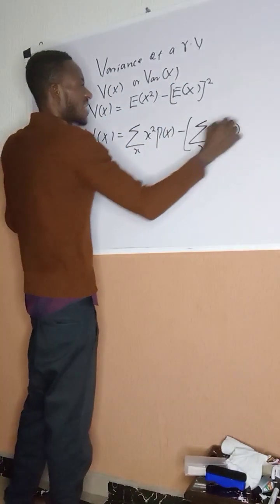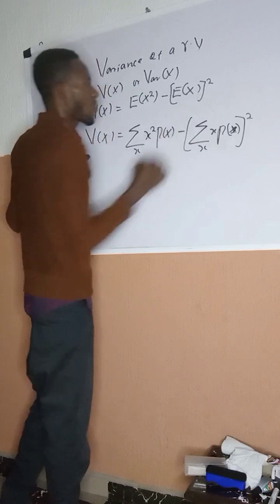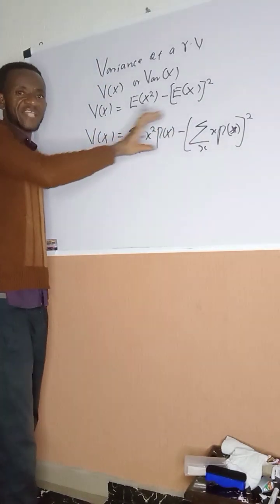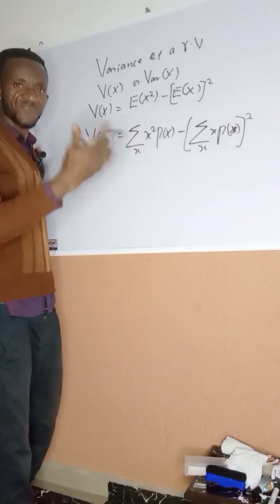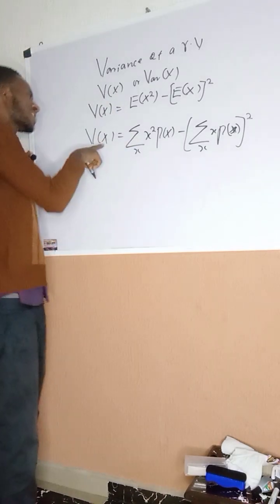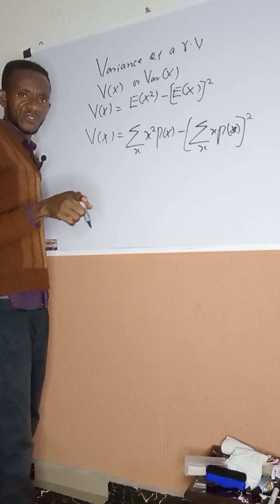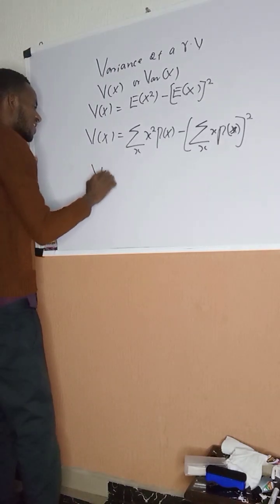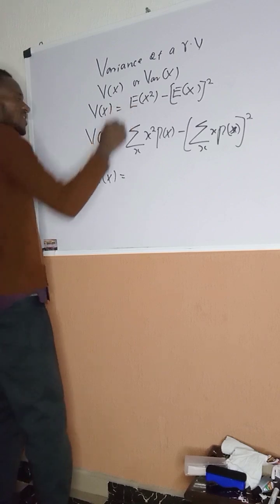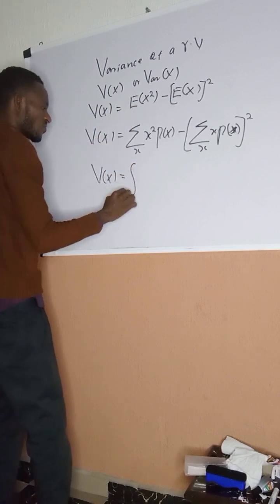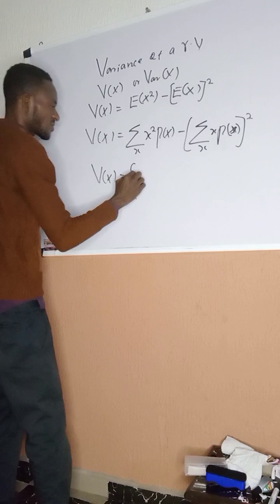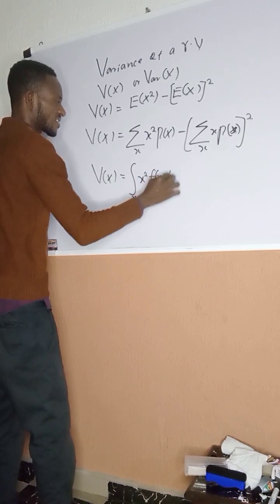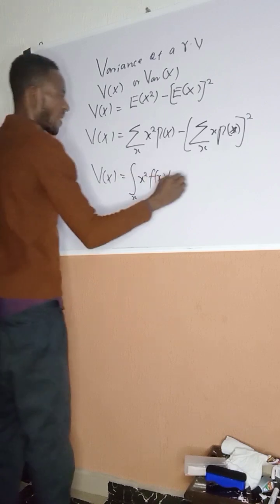So I'll say something like this, raised to power 2. This is how it is expressed if we are discussing a discrete random variable. But if this random variable x becomes continuous, it will be expressed this way: V of x is given as the integral over the range of x of x raised to power 2 f of x dx, minus